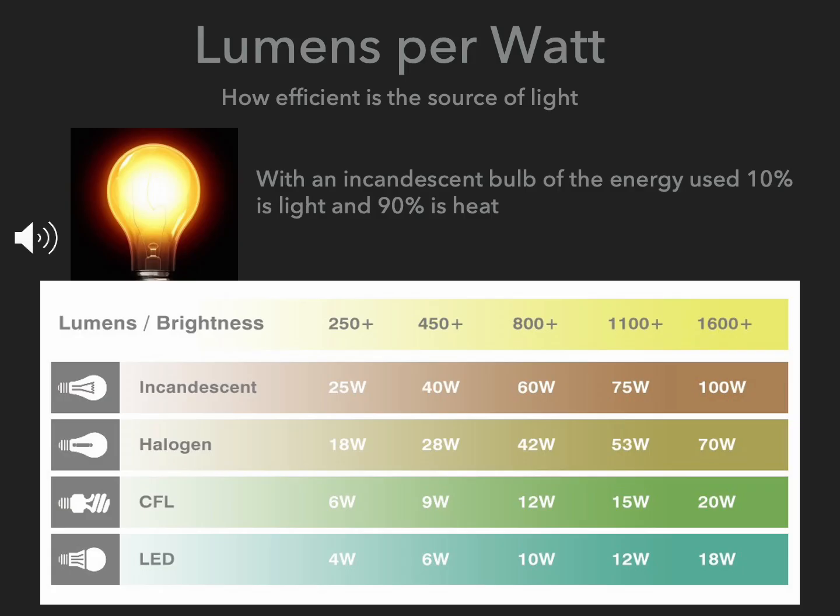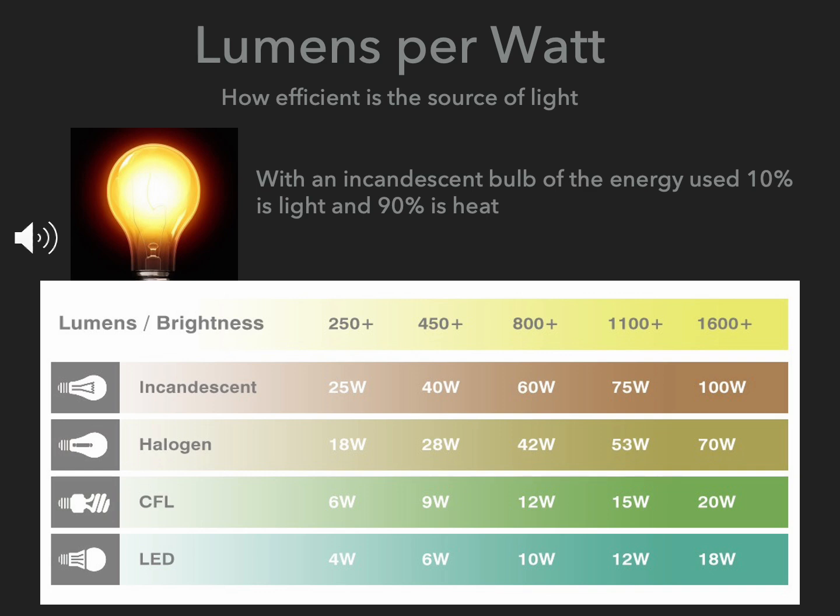Electricity is expensive, so finding a light source that has a high output of lumens to the amount of wattage is what we're looking for. Incandescent lights, while being less expensive, create a lot of heat and use a lot of energy for the amount of lumens. So you can see in this chart,